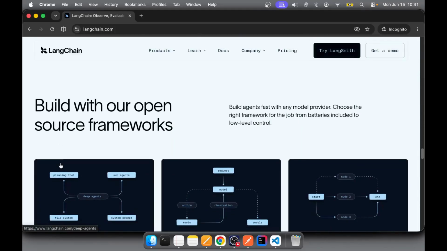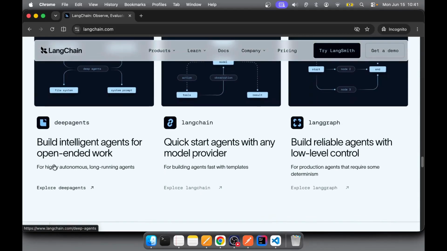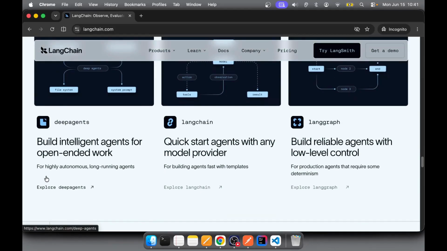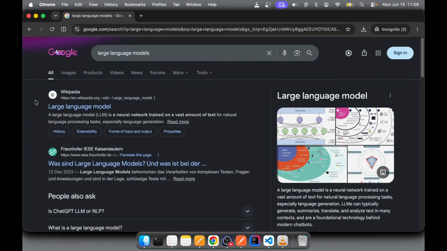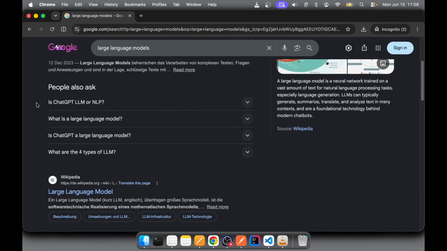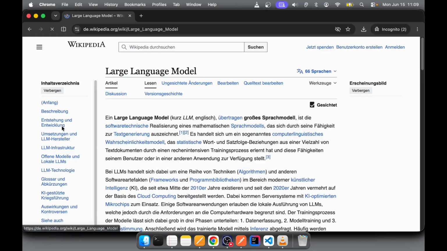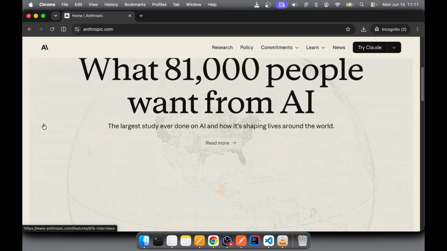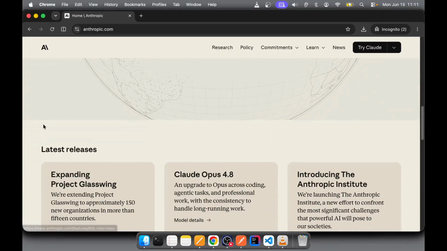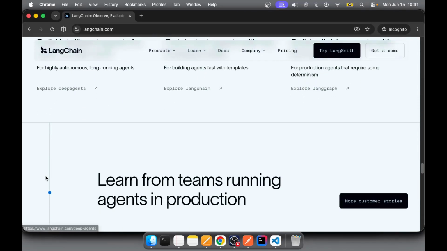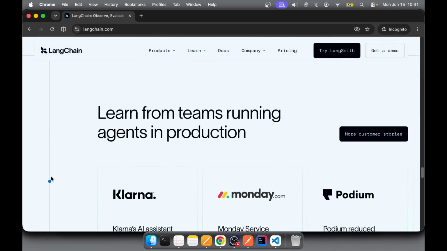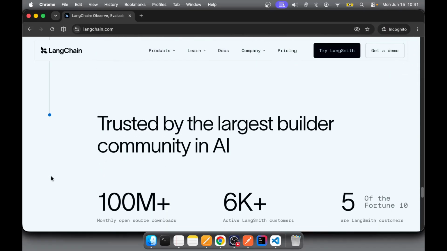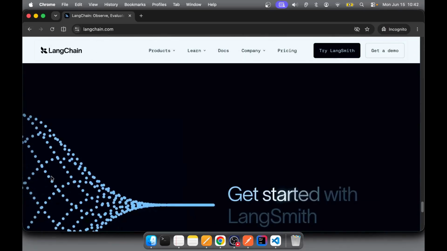Let's start with the basics. What is LangChain? At its core, LangChain is an open-source framework designed to help developers build applications powered by large language models, LLMs. Think of a raw LLM like OpenAI's GPT-4 or Anthropic's Claude as a brilliant mind locked in a room with no internet and no memory of your conversation. Why use LangChain? Because LangChain provides the chains and pipelines that connect that brilliant mind to the real world.